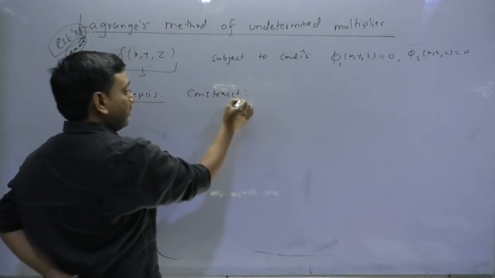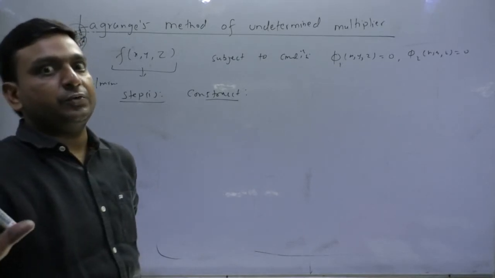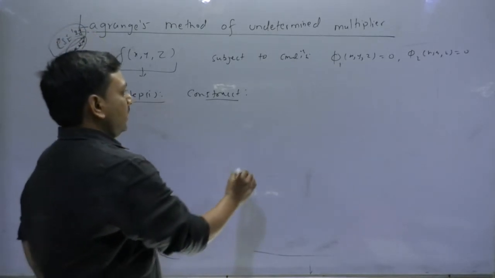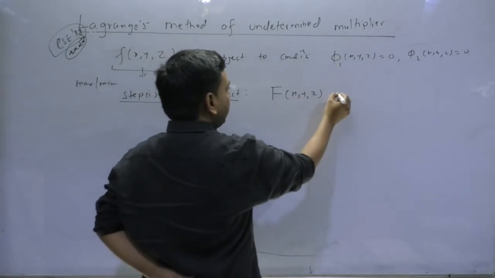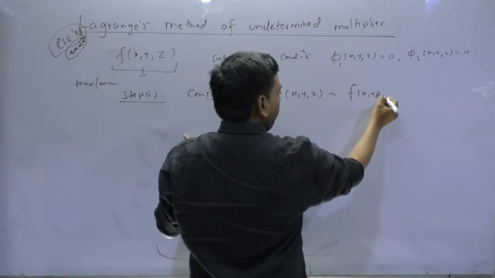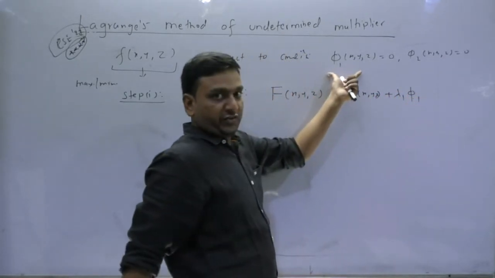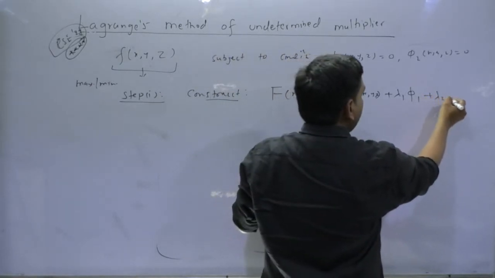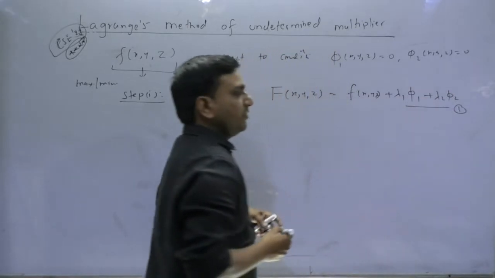Please focus on the procedure, because once you are clear in the procedure, everything is easy to handle. Believe me. Construct a function F of x y z such that small f of x y z plus lambda 1 into first condition plus lambda 2 into second condition, and this is your equation 1,